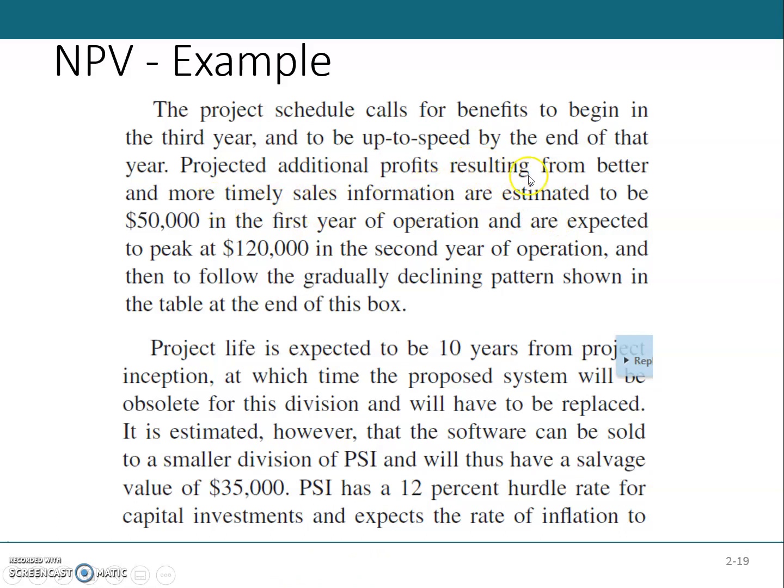Project additional profits resulting from better and more timely sales information are estimated to be $50,000 in the 1st year of operation, and are expected to peak at $120,000 in the 2nd year of operation, and then to follow the gradually declining pattern shown in the table at the end of this box. So project life is expected to be 10 years,